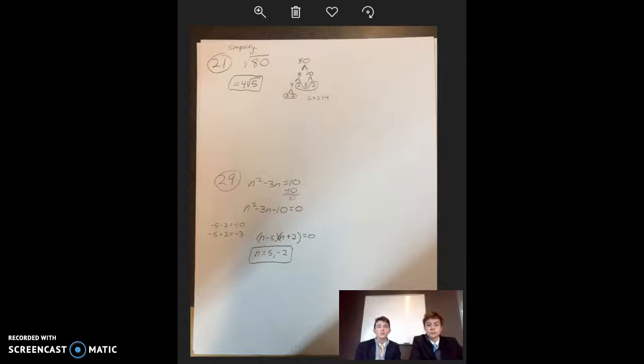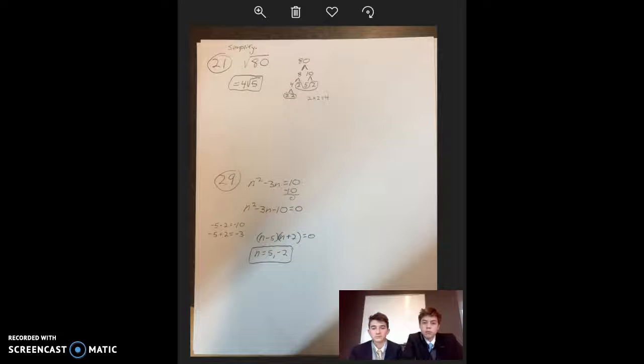Okay, so the next question here is a square root, and we're going to be simplifying this. And the way you simplify this is by making a factor tree, and the way you do this is you come up with different factors for, in this case, 80. So the first two numbers that we've chosen as factors of 80 are 8 and 10,